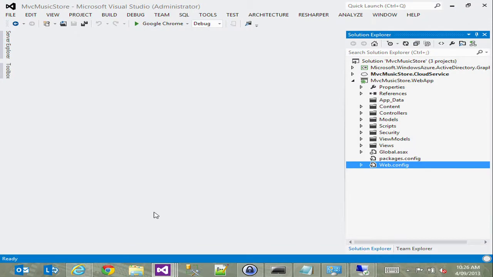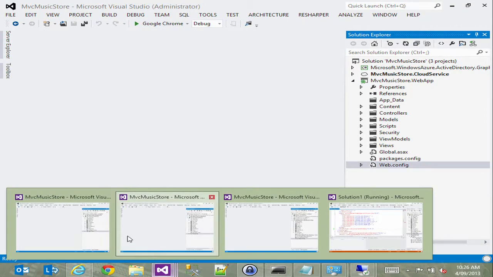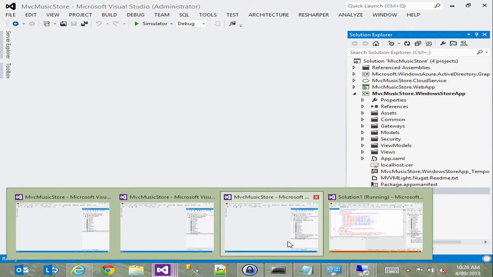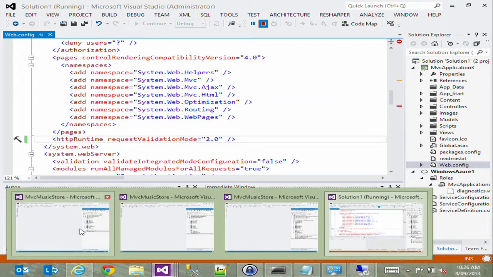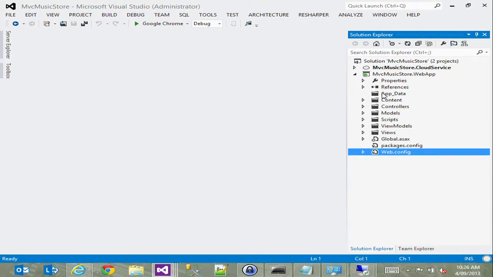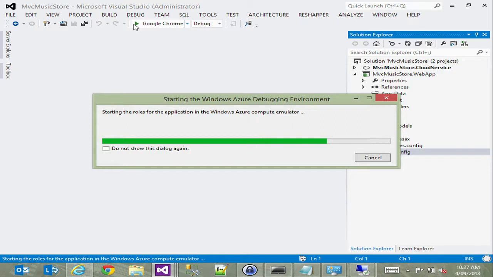I won't use the same solution. This is the solution, not that one. Stop this one running. The MVC Music Store application that I browsed to a little earlier is represented by this solution here. It's pretty simple, just an MVC application and a cloud service application. If I just quickly run this, this is hosted on my local computer emulator, not in the cloud in this instance,